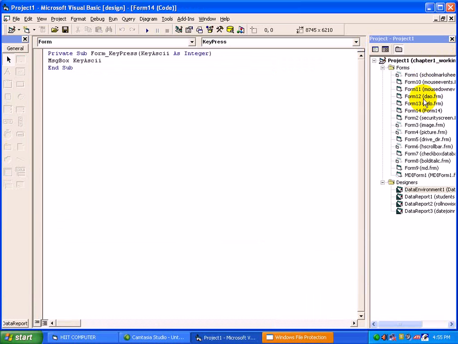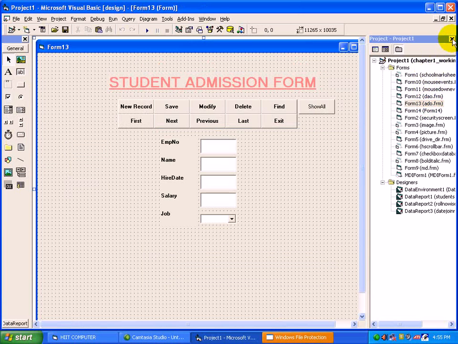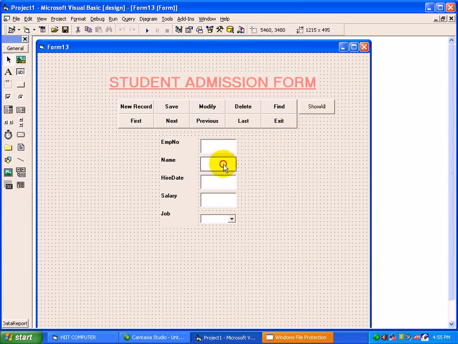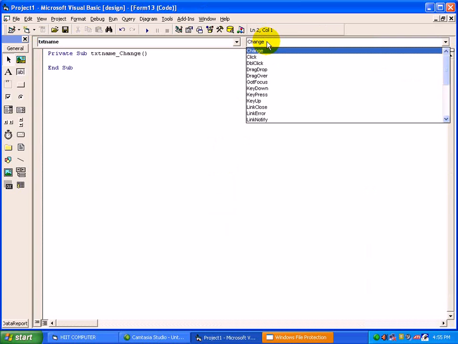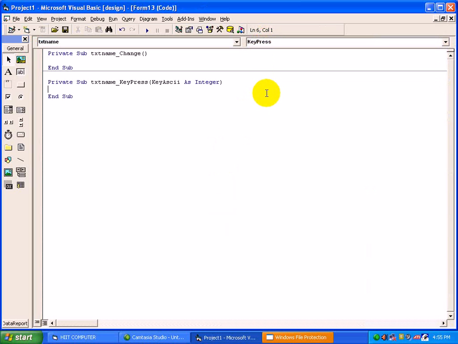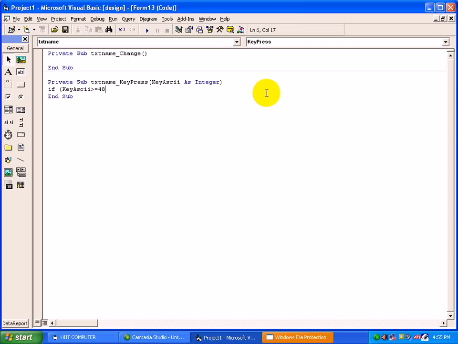Now we will use these numbers on a particular text box. Just double click on this text box. By default a Change event is there. Instead of Change, select the KeyPress event. See, KeyPress. So we have to check whether a number key is pressed or not on this text box. A number key is: if KeyAscii is greater than or equal to 48 and KeyAscii is less than or equal to 57,